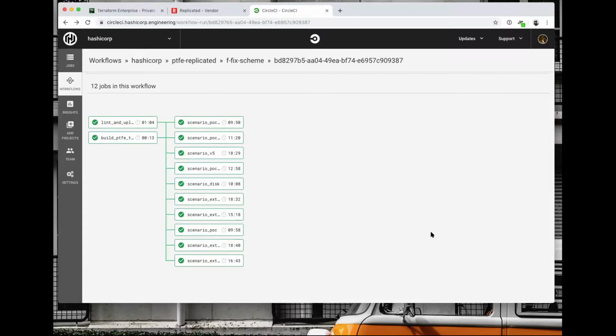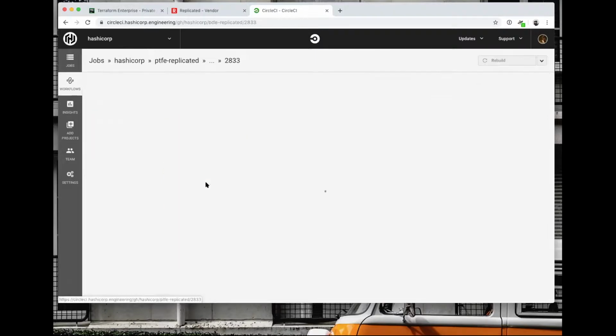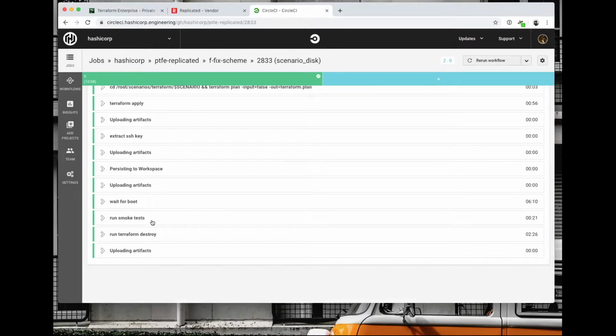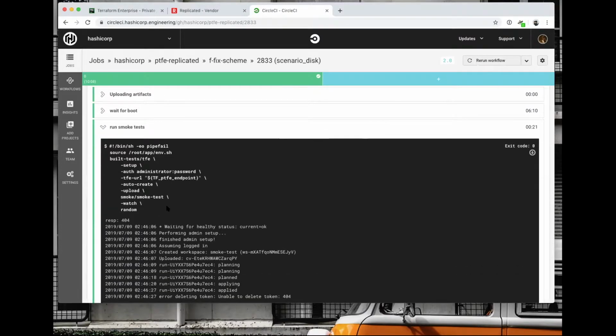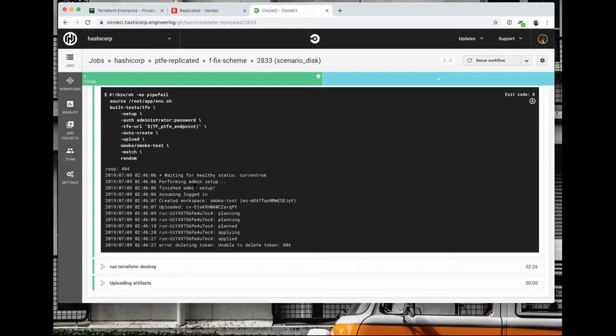Quick question. Sure. What kinds of flavors of tests are you running here? Is this spinning up WebDriver, or are you just running some unit tests? What is the extent of those? Yeah, so the test right now is a pretty simple smoke test. You can see it's labeled run smoke tests. It's not extensive. We had an integration test suite that was using a thing called Cypress that would click around and do different things. It worked for a while, and then it wasn't working for us. It was just too flaky to run in CI.